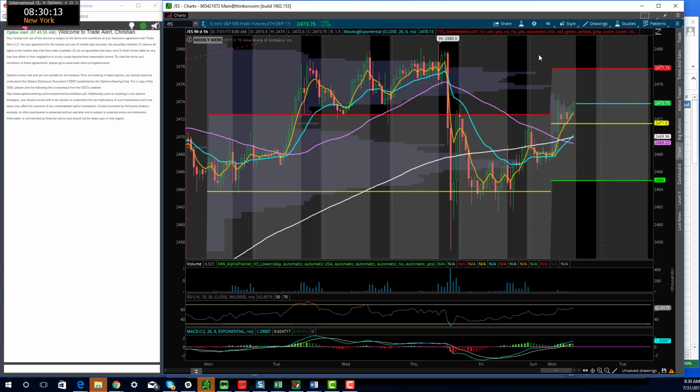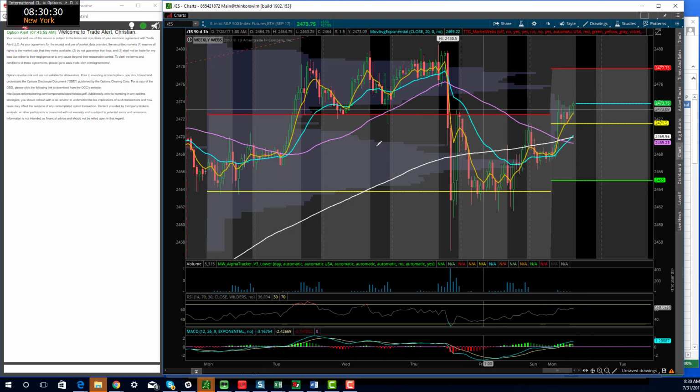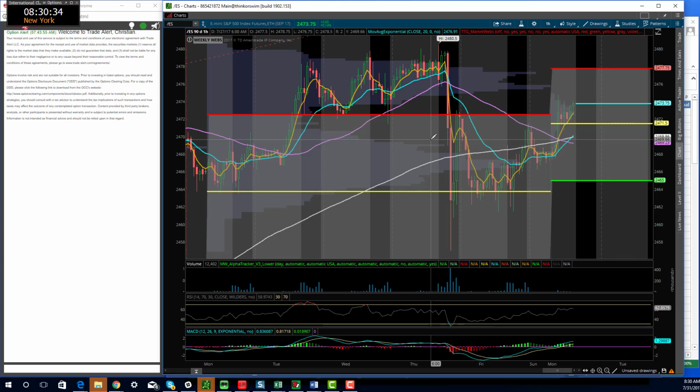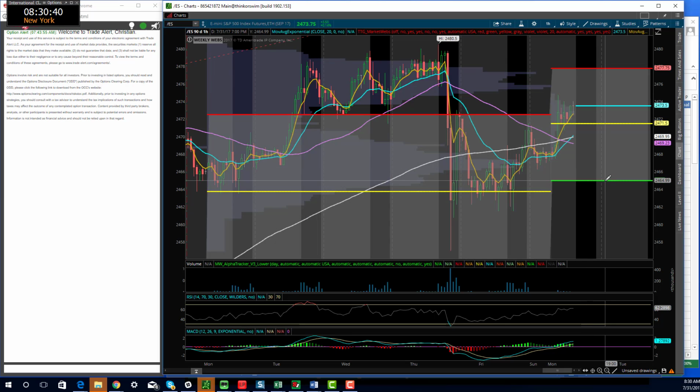So on the 1 hour, which is the value area for the whole week, first of all, what are these value areas? They're volume at price. It's where most of the buyers and sellers met up, where the biggest volume is, and then we wrap a one standard deviation around that range in volume. So for the week, 24.77 is your resistance, and support is